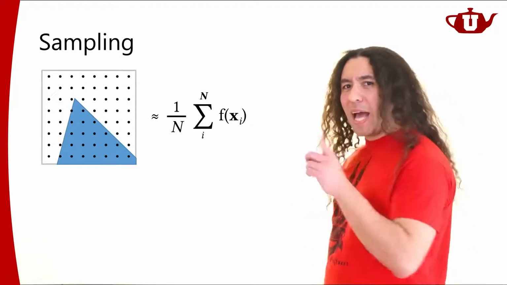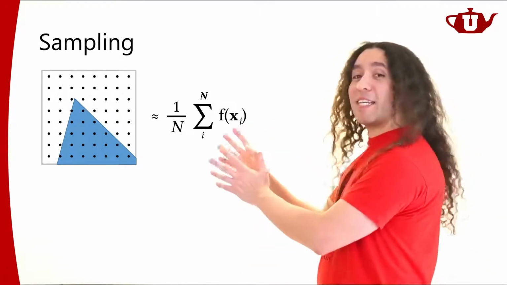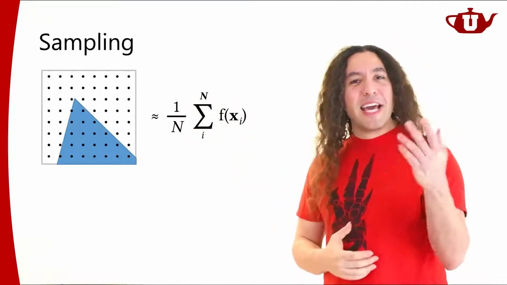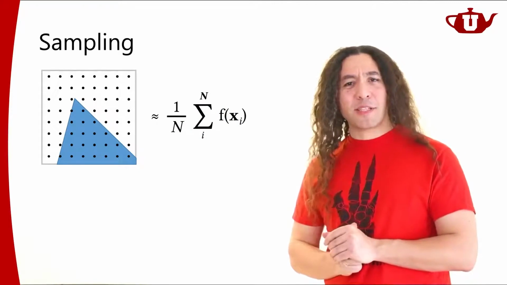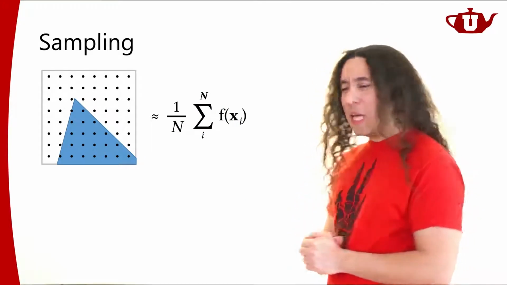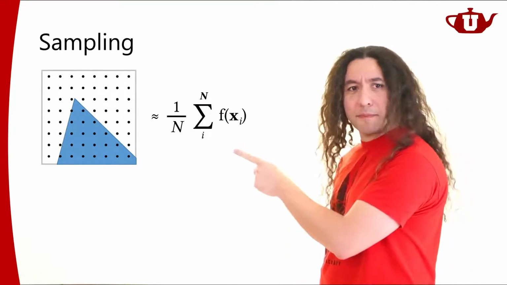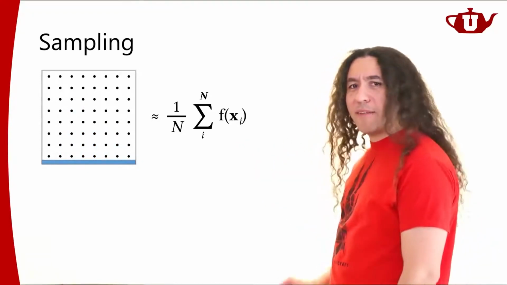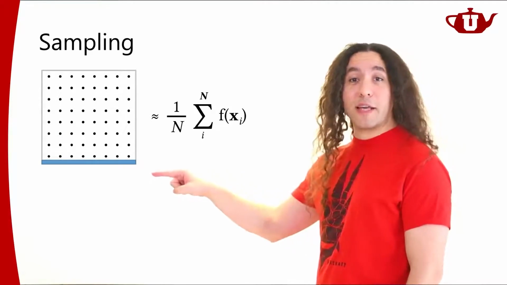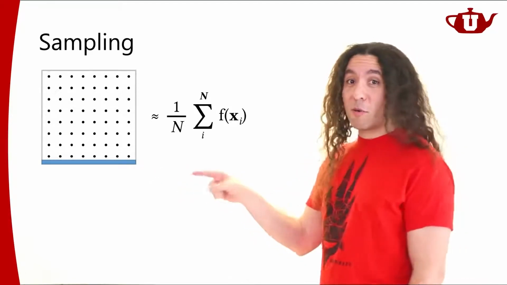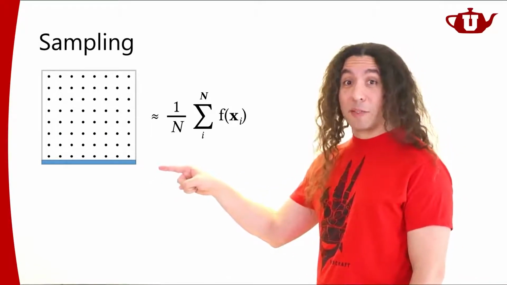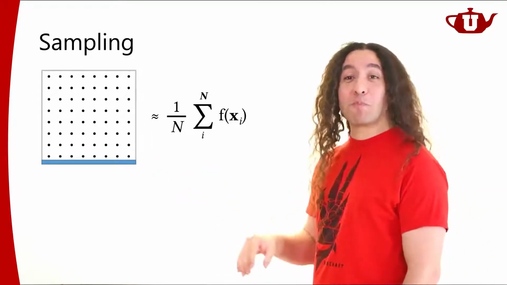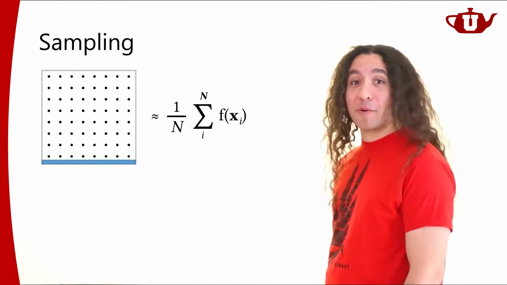But actually, this nice grid-based sampling pattern may look good at first glance if you don't think about it too much, but this is actually a terrible idea. And let me tell you why. Now, if I have a horizontal edge like this, and when you're rendering images, horizontal edges like this actually happen quite often. This is not an improbable case.